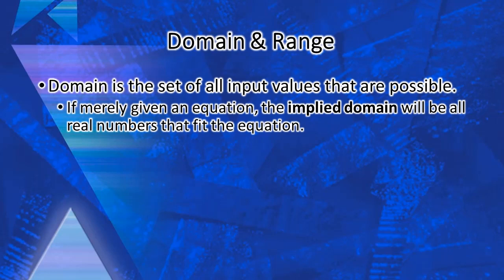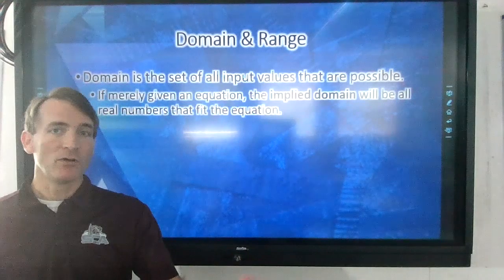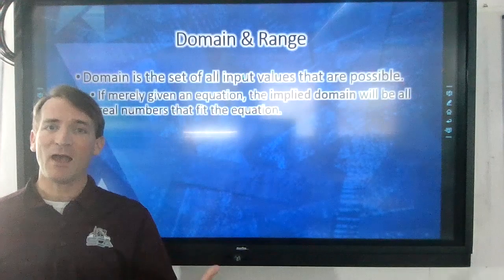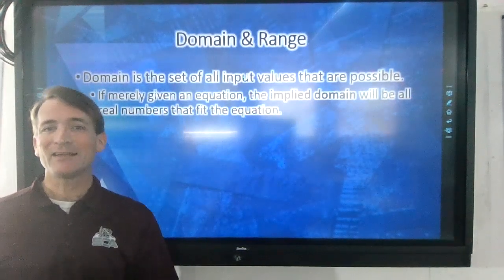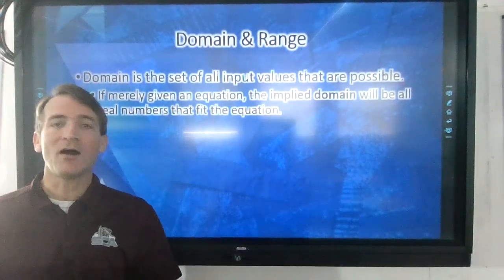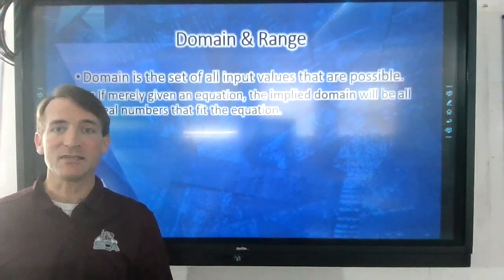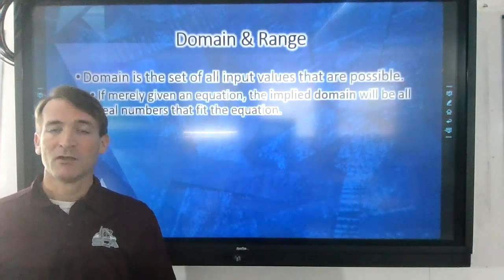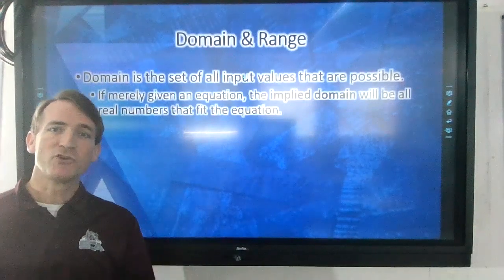Now, if you have part of your domain value, like x, in the denominator, we need to understand that you cannot divide by 0. So I cannot have 0 in my denominator. At the same point, if I have a square root or a fourth root, any even root, I cannot take an even root of a negative value. So what's inside that radical, if it has an index that's even, needs to be a non-negative number, 0 or higher. So based off of those pieces of information, we are going to be able to determine the domain of